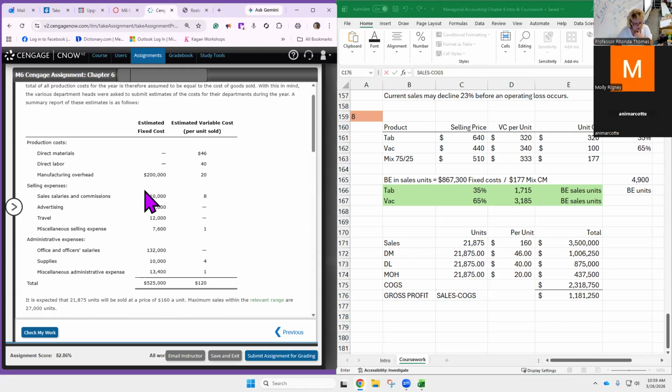Selling expenses, notice there is a fixed piece and a variable piece, right? So let's just put in what they say right here, because we're doing this. And then if we have a sales salary and commission, we will do both of those. All right, so here comes selling. If we were doing it the old way of doing our income statement, all right, so this becomes